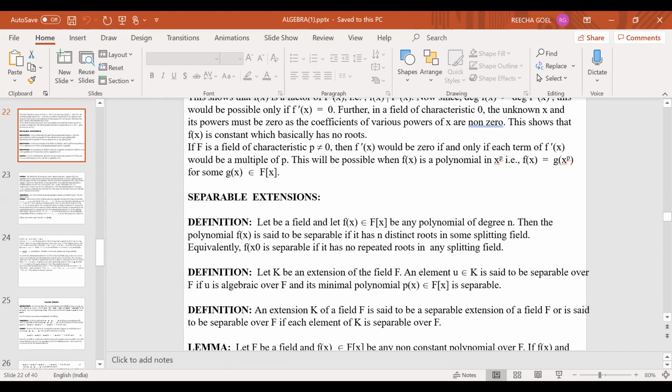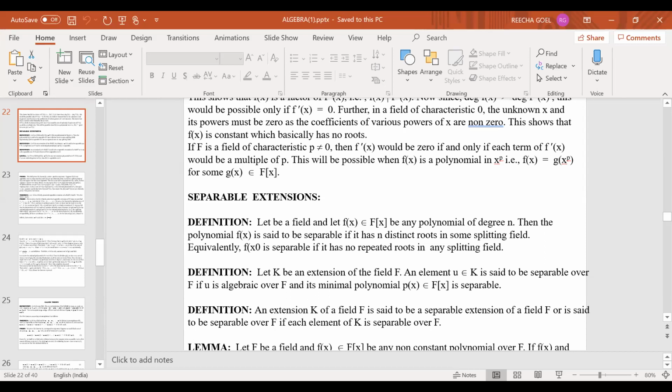And we write [K : F] to show that it is finite dimensional, and when we take them in the form of fields, it is called the degree of K over F. So the degree of K over F basically is the dimension of K over F. And after that, we defined algebraic element. That is, if K is an extension of F, then we say an element u in K is algebraic over F, provided u satisfies some non-zero polynomial over F.